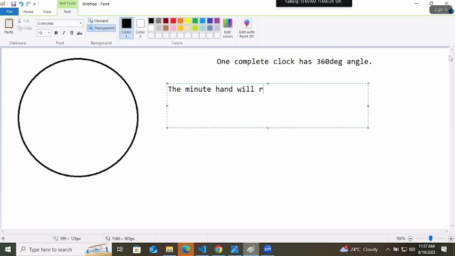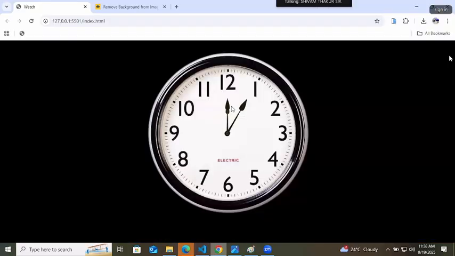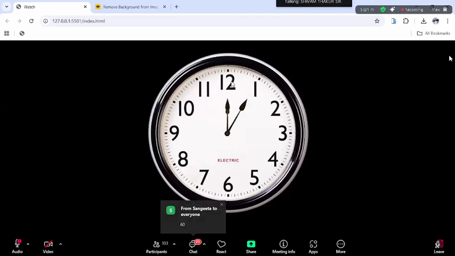will rotate 360 degrees in how many minutes? Think. The minute hand will take how much time? Let's say the minute hand starts from 12. How much time will it take to come back to 12 again? 60 minutes, meaning 1 hour.